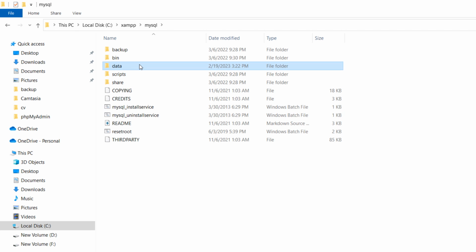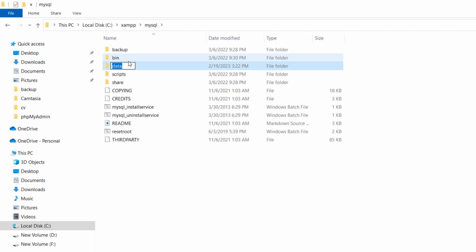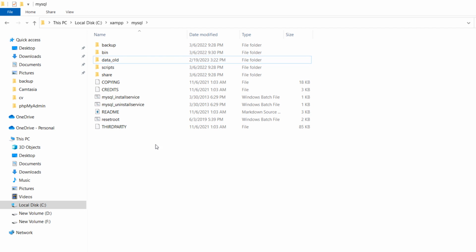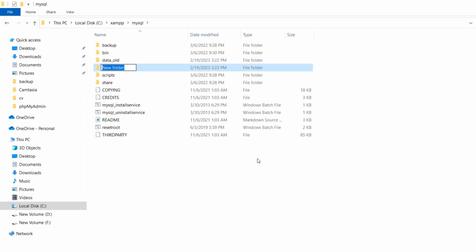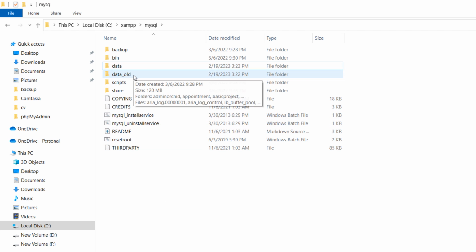First of all, what we will do is that we will rename this data folder to, let's say, data underscore old, and after that we will create a folder over here, new folder. Let's just right click over here, then click new, then folder, and we'll name it data. Okay, so right now what we'll do is that we'll copy some folder from this data old and paste it